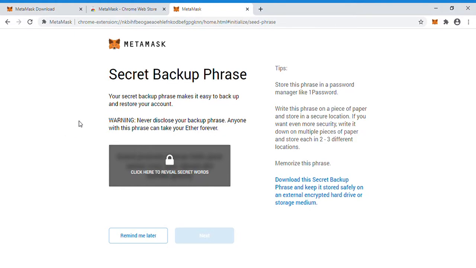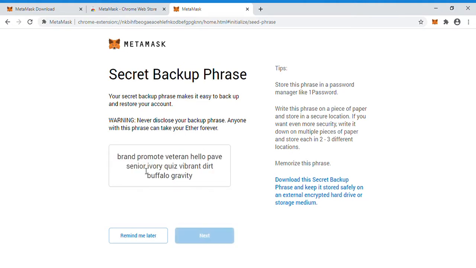Yes, you can see that. Here there is a seed phrase. A seed phrase is nothing but it consists of a few words. We need to store this seed phrase somewhere else, because if you forget the password and in the future want to recover your wallet, then we need this seed phrase. So you have to keep this in a confidential place. You can click on that and you will get some words. These are the seed phrase. The purpose of the seed phrase is to recover the accounts when you forget the password.